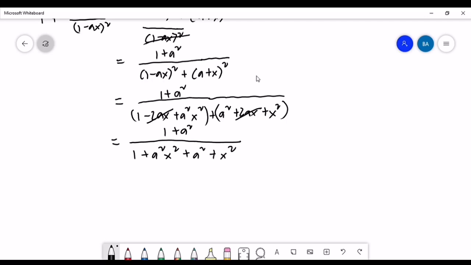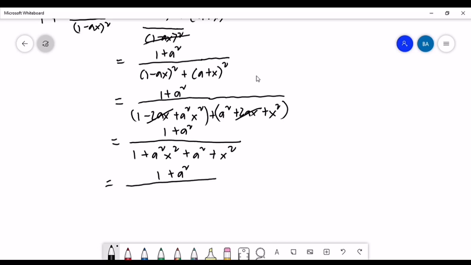So at this point we could segregate x squared. So let's try 2x squared a squared plus 2x plus x squared. So overall this is equal to 1 plus a squared over,